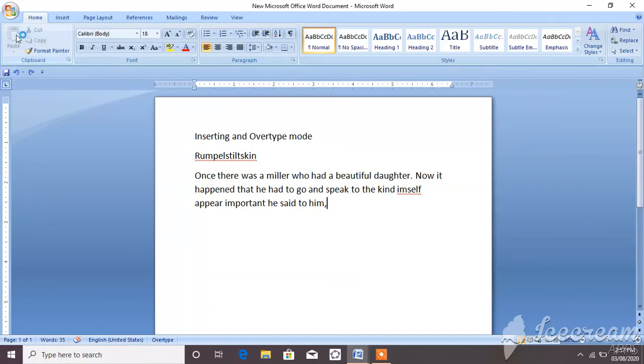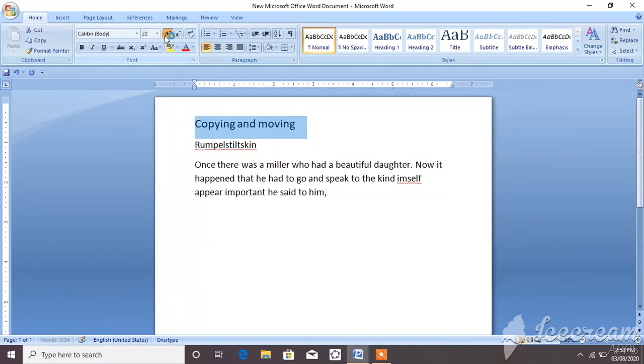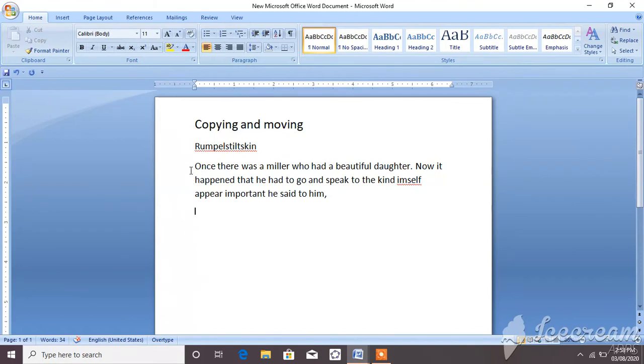Last we will see copying and moving the text. Now see, these two are different words. Copying means, suppose now I will do one thing. I will select all this paragraph.